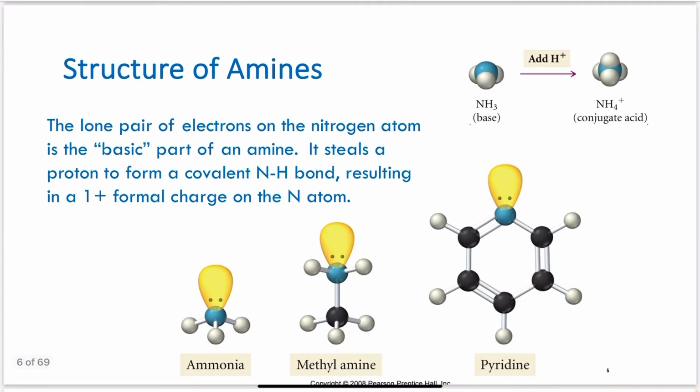So, amines. We've talked about amines in first semester. An amine is when you have a nitrogen with something bonded to it. R means either a hydrogen or some kind of carbon chain. Ammonia is an amine because it has that nitrogen. NH4, ammonium, is the conjugate acid of NH3. We've added a proton, therefore we now have the conjugate acid. The lone pair of electrons on the nitrogen atom is the basic part of the amine. It's what's going to steal or accept the proton